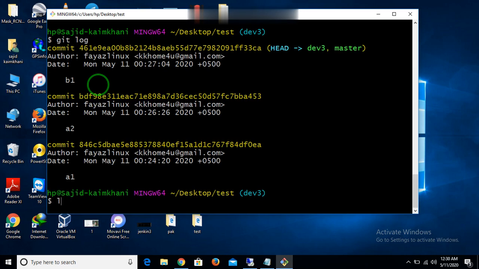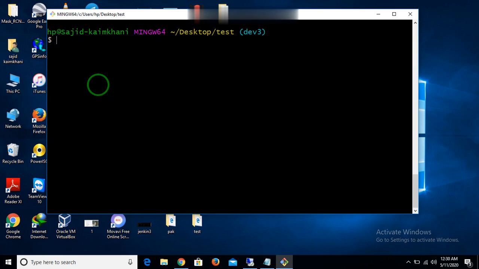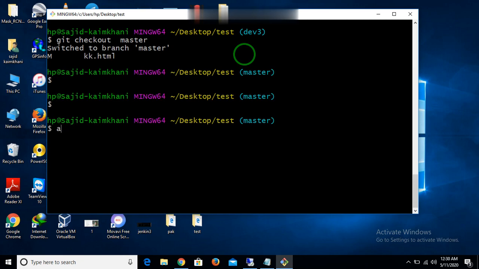So why do we use rebase? Let's suppose my master branch has changed its code and committed, but my dev3 branch is not aware of that. The master has changed its commits or something in the code. So how to handle it? For that, first of all we have to change something in our master branch in order to make our rebase practical successful.